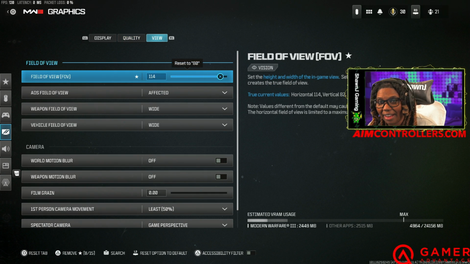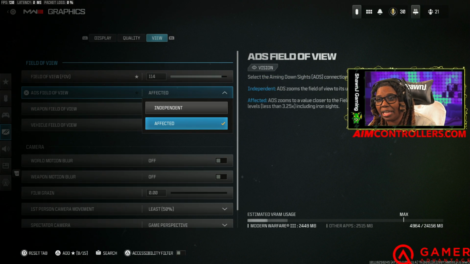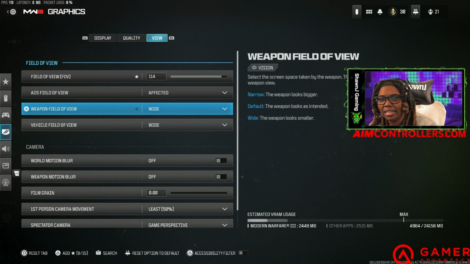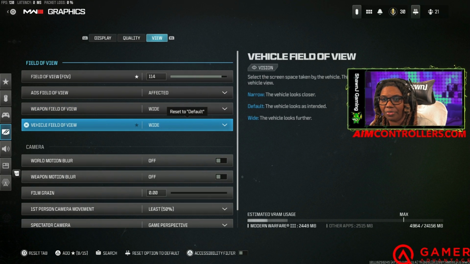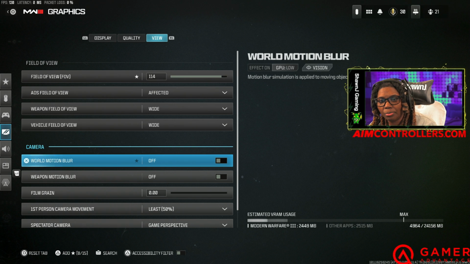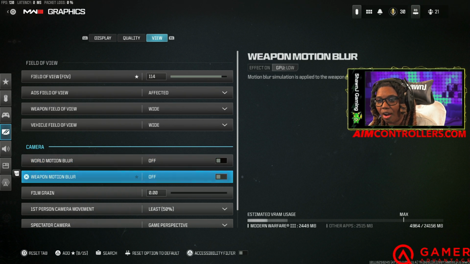For the last setting in my graphics, my FOV, I currently play on 114. FOV is a personal preference. I suggest maybe going in a private match, like I said, with your sensitivity, figuring out what FOV works for you. As far as ADS field of view, make sure you switch this setting to affected. I think by default it's on independent. Weapon field of view wide, vehicle field of view wide, world motion blur and weapon motion blur off,